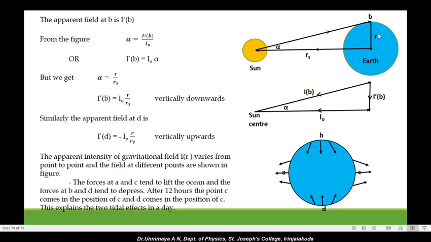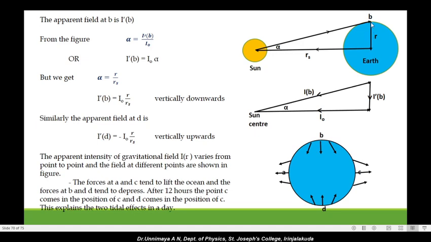സിമിലർലി നമ്മളിനി ഫീൽഡ് വെച്ച് പറയാൻ പോവാണ്. സണ്ണിന്റെ ഗ്രാവിറ്റേഷണൽ ഫീൽഡ് എർത്തിന്റെ സെന്ററിൽ ഉണ്ടാവും. എർത്തിന്റെ സെന്ററിൽ സണ്ണിന്റെ ഗ്രാവിറ്റേഷണൽ ഫീൽഡ് എത്രയാണ് വരുന്നത്? I0. അതെവിടെയാണ്? ടുവേർഡ്സ് സൺ ആണ് വരുന്നത്. സിമിലർലി ദ ഗ്രാവിറ്റേഷണൽ ഫീൽഡ്